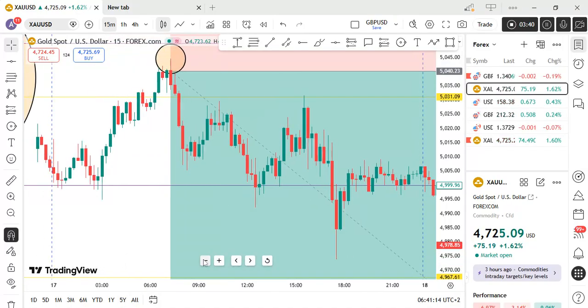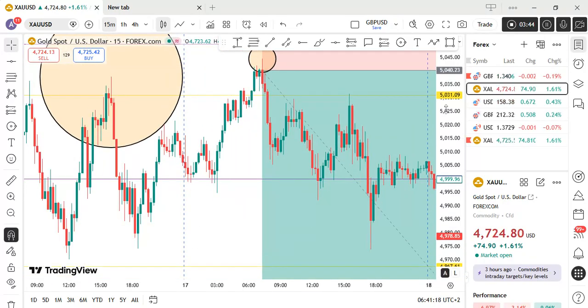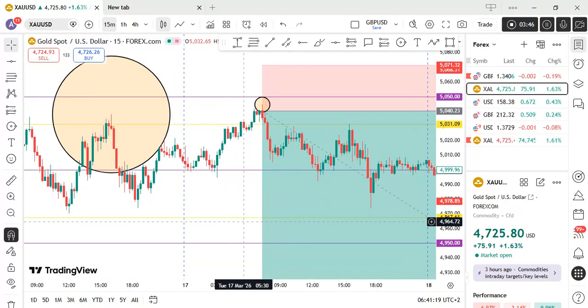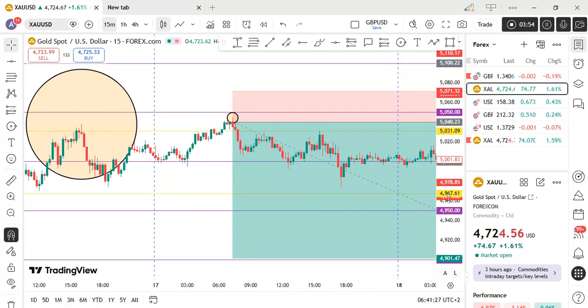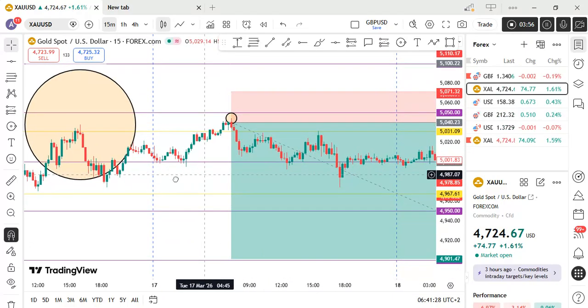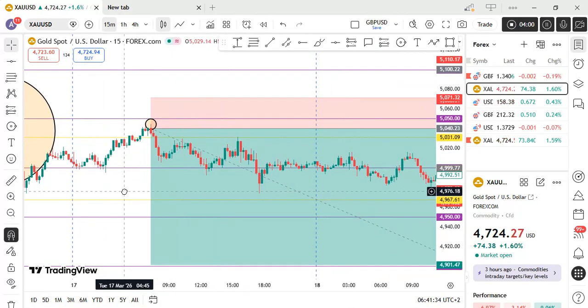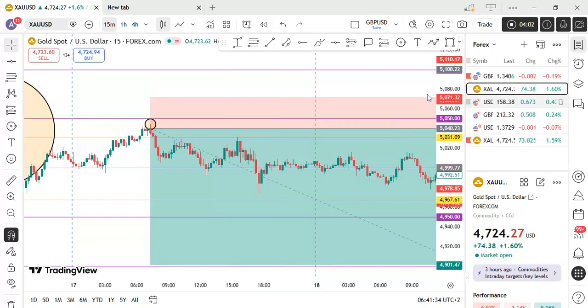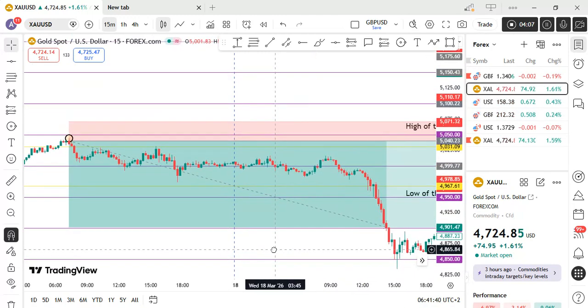You must also come with the understanding that as much as we have these confluences aligning together, as much as we have this edge based on how we trade and our confluences, they are not going to play out the way we want them to all the time. As much as you've seen these confluences align,